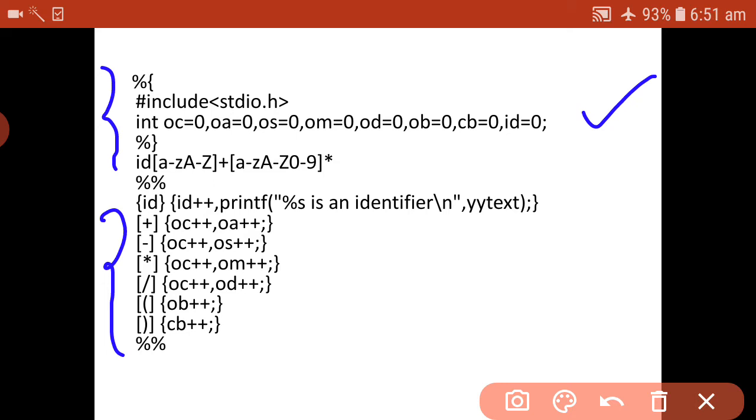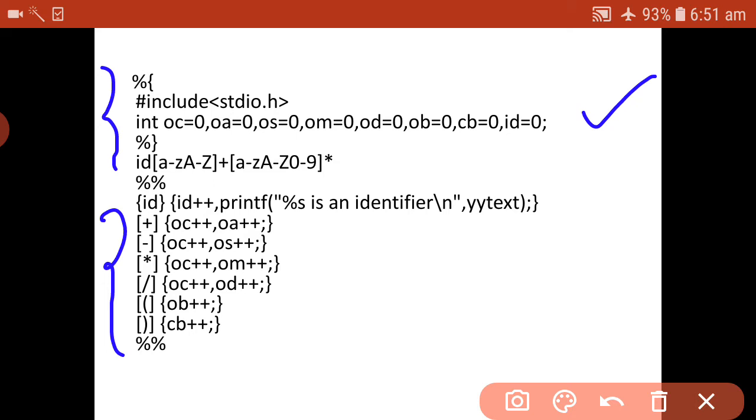These variables by default take the value 0. oc means the operator count, oa means operator addition, then subtraction, multiplication, division, open braces, close braces, and identifiers.